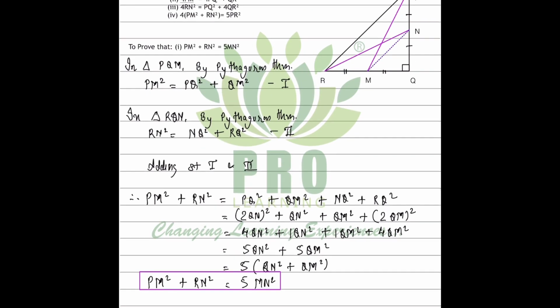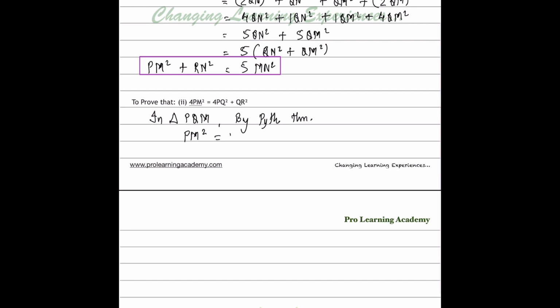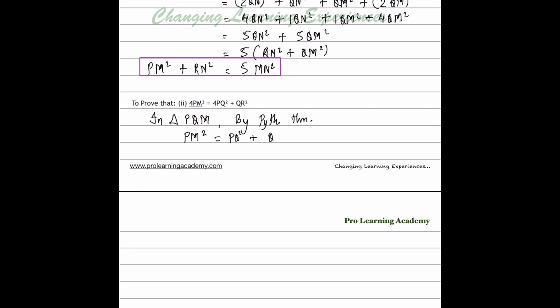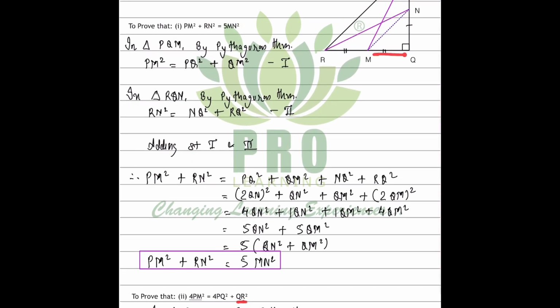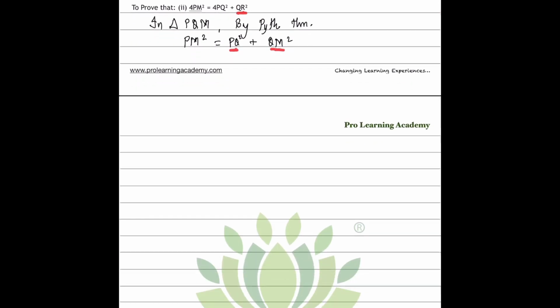So PM square is equal to PQ square plus QM square. Here if you realize, we need PM square, we have PM square. We need PQ square, we have PQ square. We need QR square, but we have QM, and from the triangle QM is half of QR, so we'll replace QM with half of QR. So we will get,